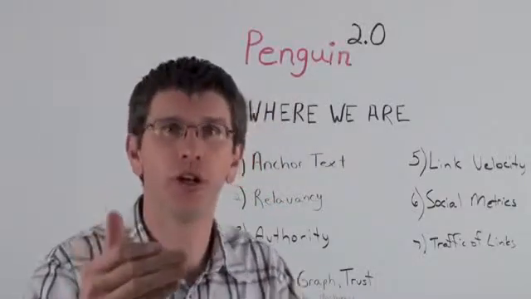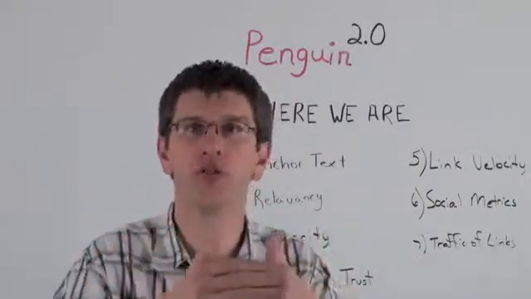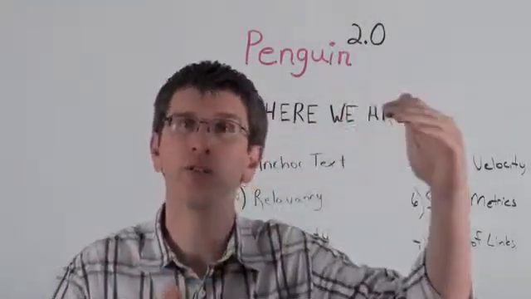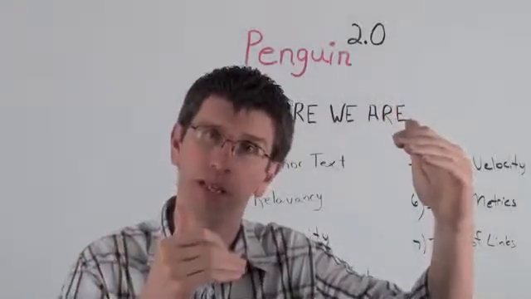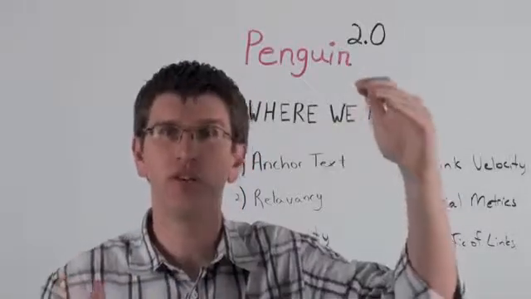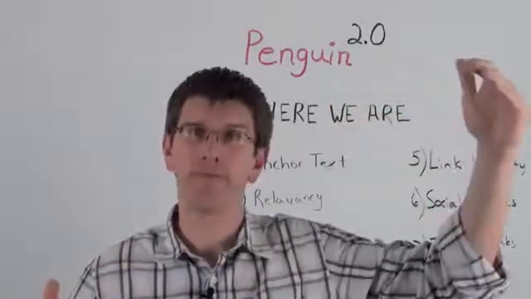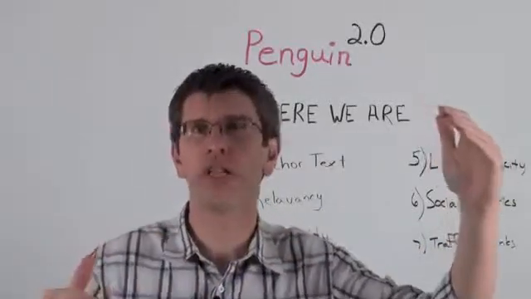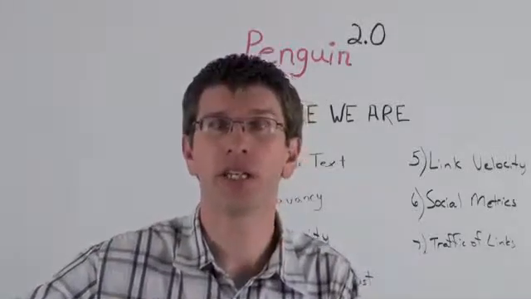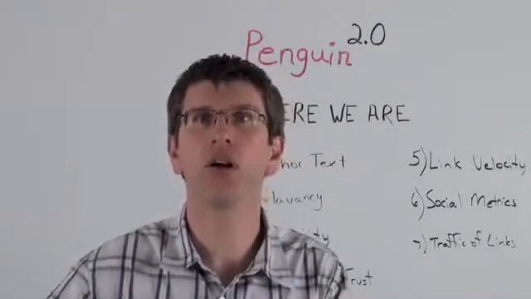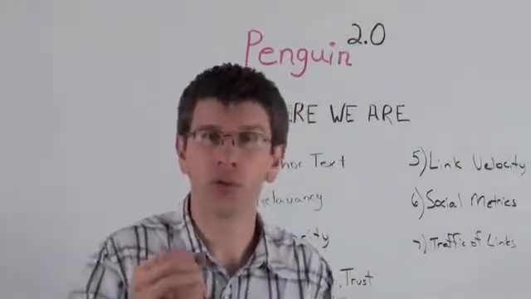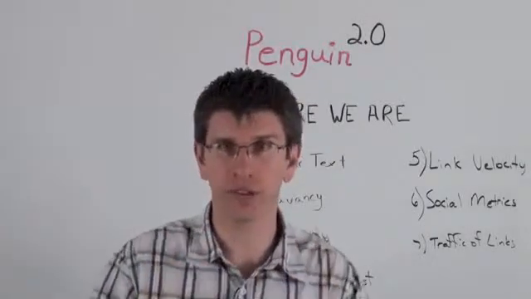So Google Penguin 2.0 goes beyond what the initial filter was. Matt Cutts talks about upstream and downstream. What type of neighborhood are you linking to, and what type of neighborhood is linking to you? And in talking about downstream or upstream, it's not just the initial sites right above and below you, it's past that. It can get a concept of how good a neighborhood you are in. So is it saying 3 sites down from you is a malware site, or 2 sites down from you is a malware site, and looking at what type of neighborhood you are in? Are you right outside the bad neighborhood, or are you in a really solid neighborhood? That's where this concept is going.